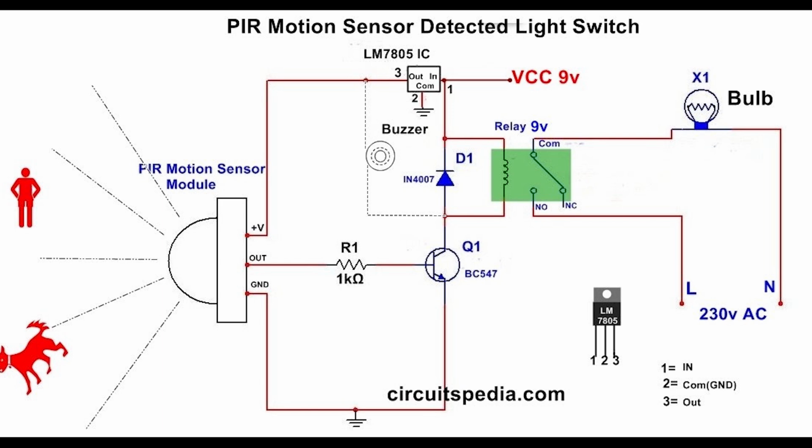circuitspedia.com circuit diagram. We have a very basic, simple circuit diagram showing how to connect your PIR motion sensor module. This is connecting the PIR motion sensor module. So you have to purchase some PIR motion sensor from eBay or different cheap sources. That does not make a huge disadvantage. So, getting to the PIR